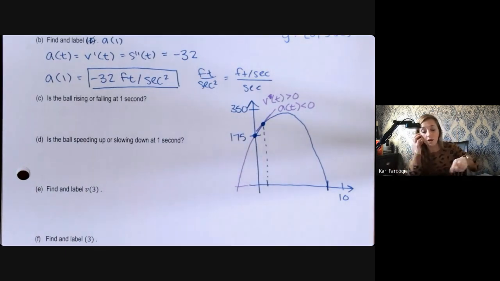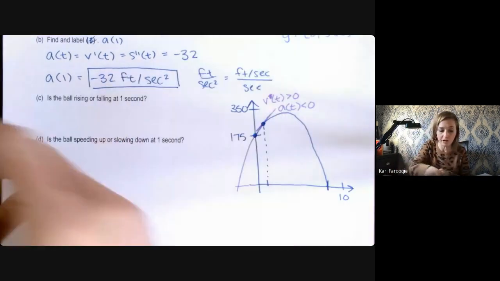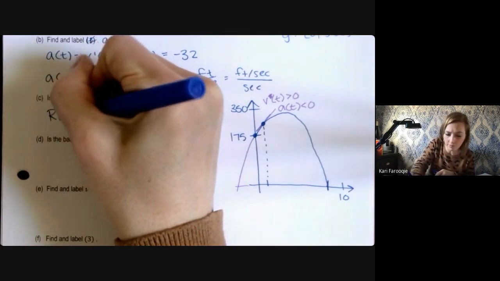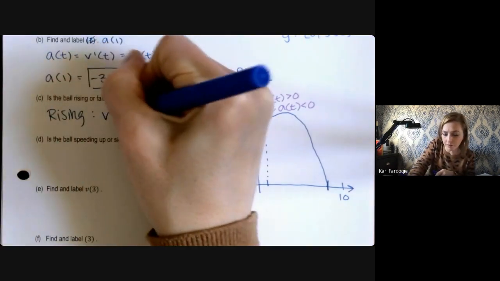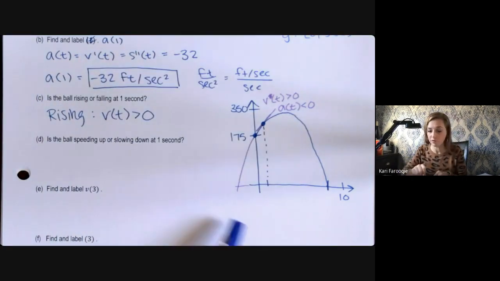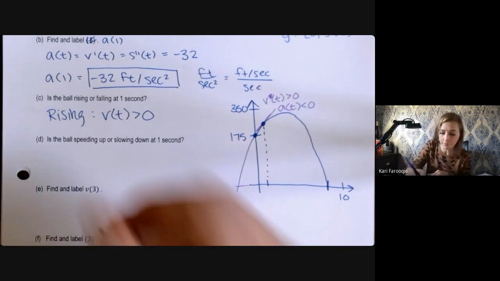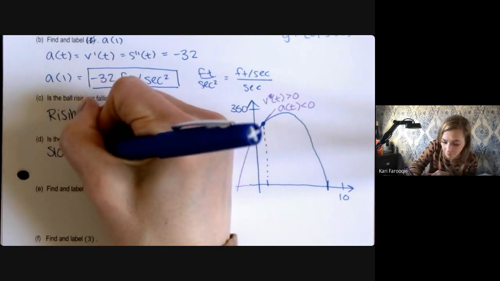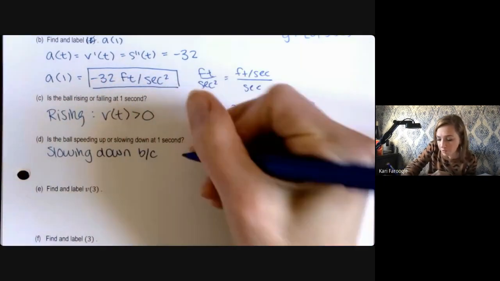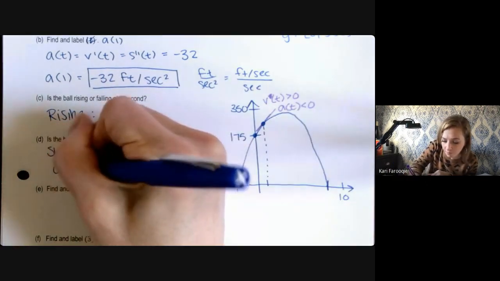So the ball is rising at 1 second because the velocity is positive. So we could say that at 1 second, the ball is rising because the velocity is positive. A positive velocity means the ball is going up. Is it speeding up or slowing down? Well, it's slowing down because the acceleration